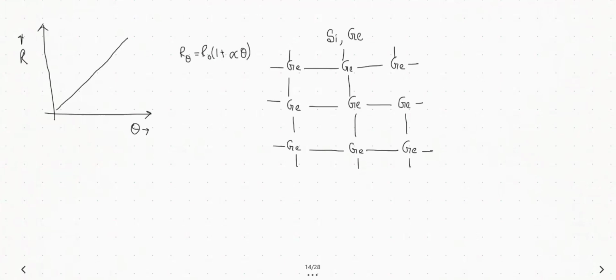If the temperature is increased, then the covalent bond ruptures. When the covalent bond ruptures, the electrons which were taking part in the covalent bond between this germanium and this germanium, due to the thermal energy, just come out from the lattice. Now, the increasing temperature